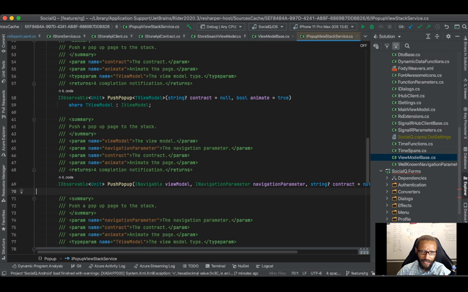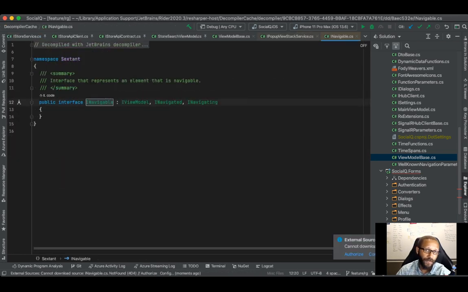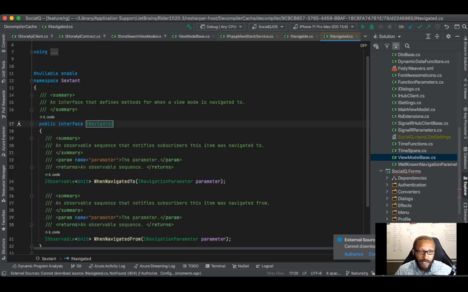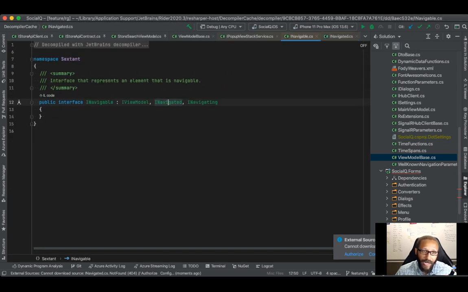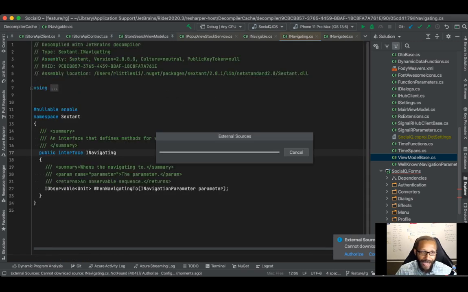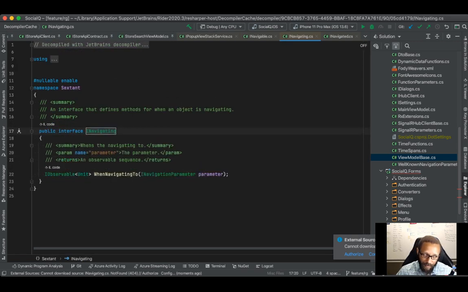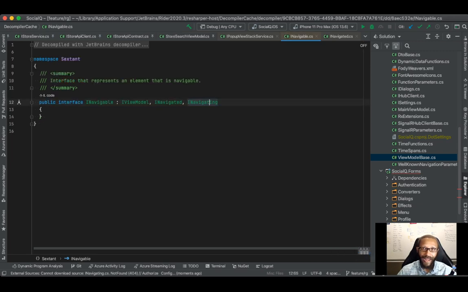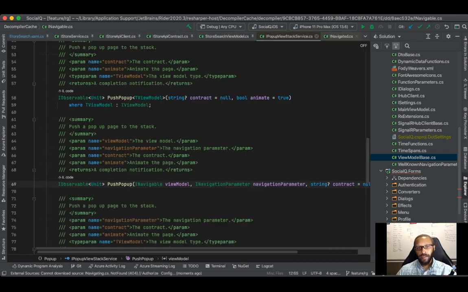What I tried to do was make it so that I could use this INavigable interface, which, of course, you can't see it. Let's dig all the way down to the bottom. It gives me a WhenNavigatedTo and WhenNavigatedFrom, and it gives me a WhenNavigatingTo. I guess you could technically do WhenNavigatingFrom, but why do you care? It's hard enough to justify the WhenNavigatedFrom, let alone the WhenNavigatingFrom. But